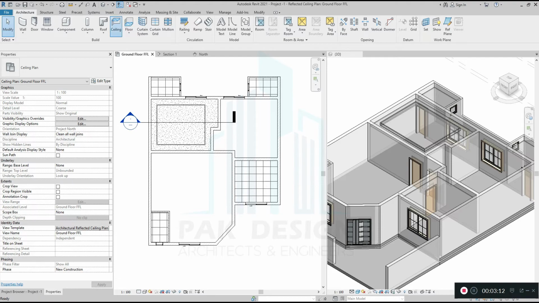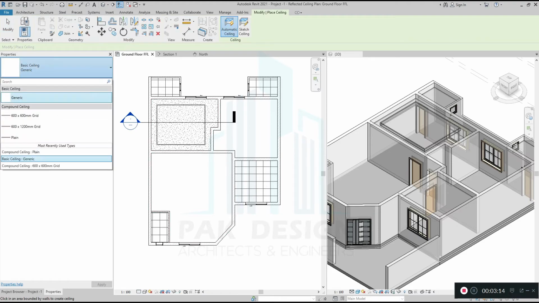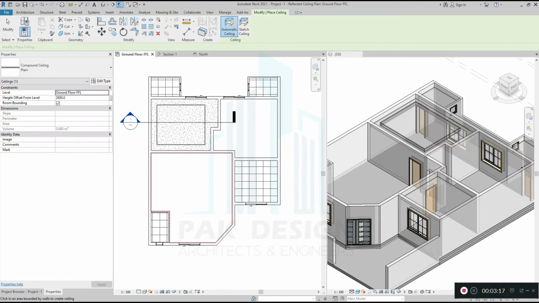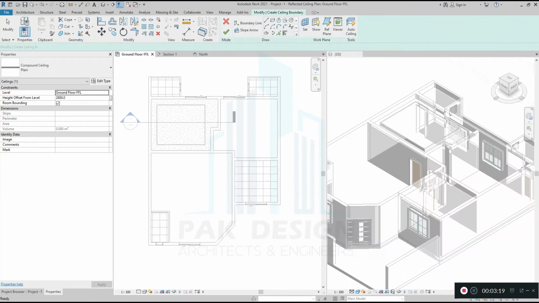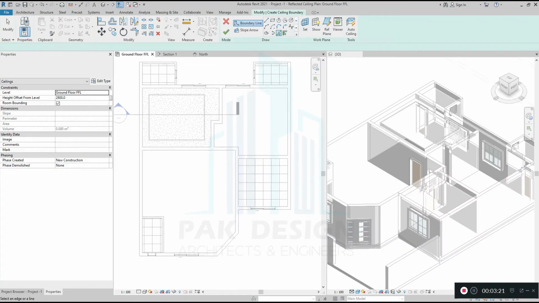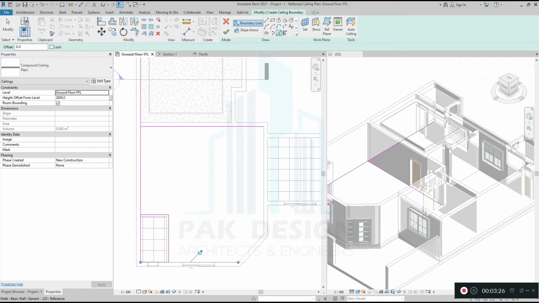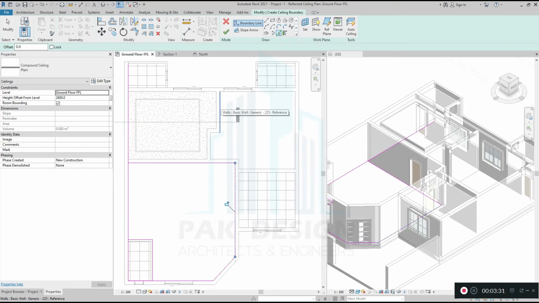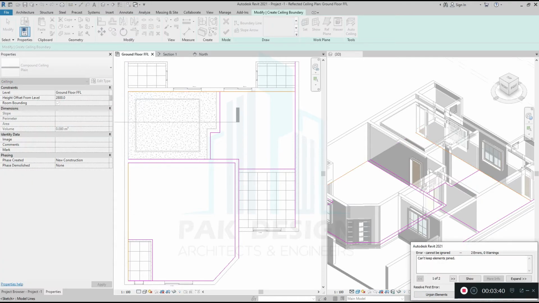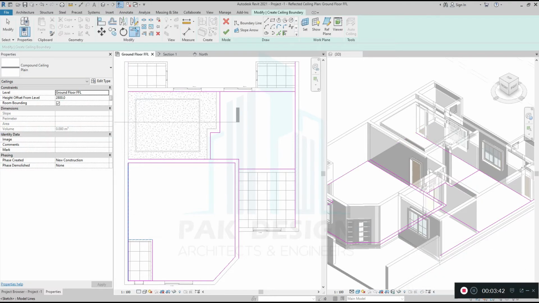Like I'm going to make ceiling here, I'm going to select plain gypsum ceiling. I will draw sketch here, here. Okay, we'll trim this one. That's done.